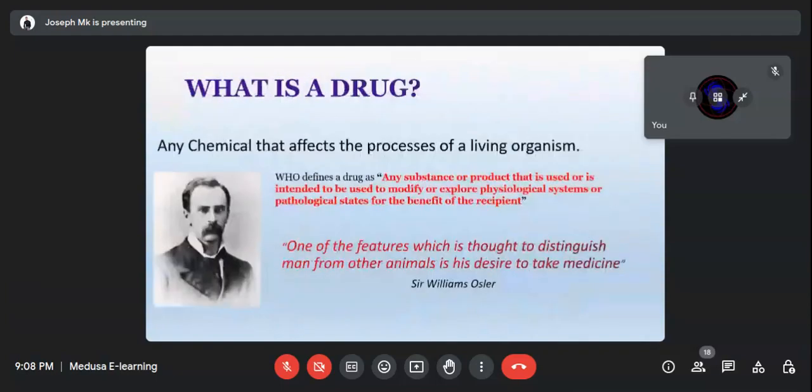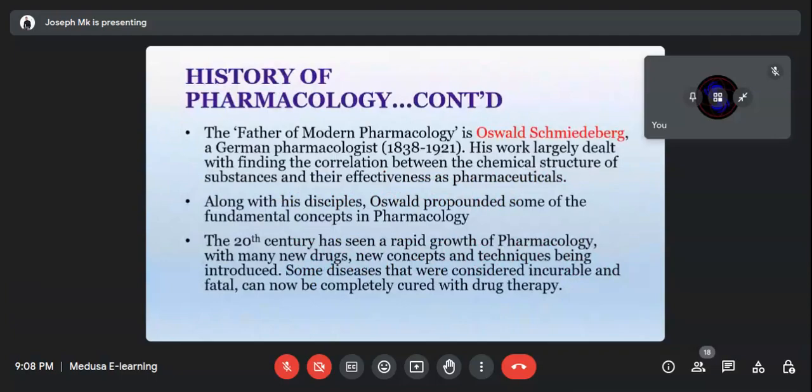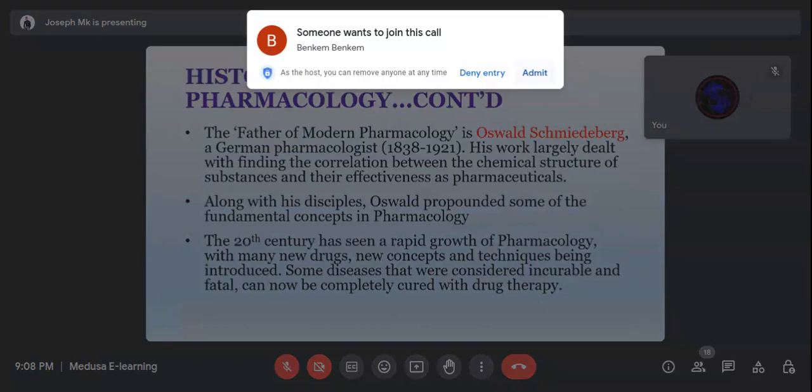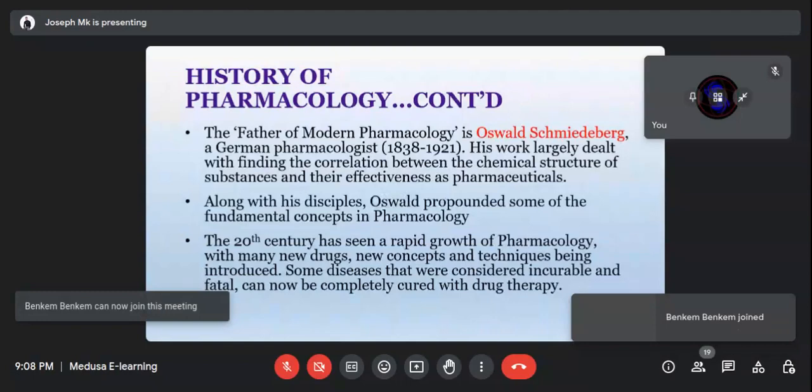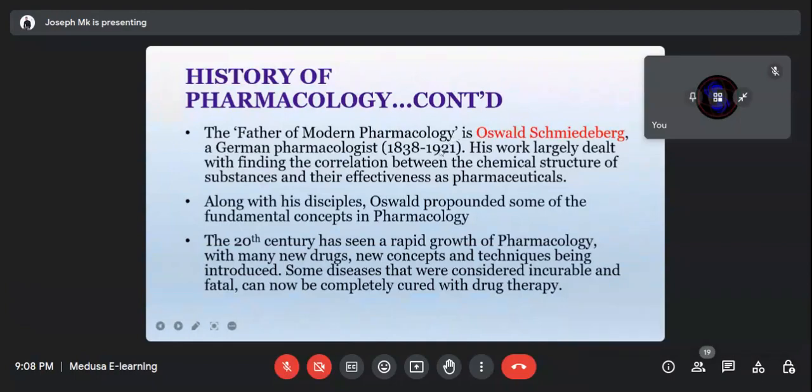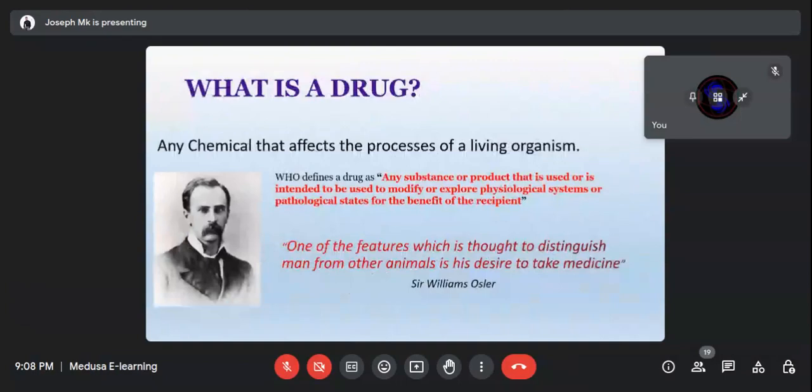Maybe you might want to know the father of pharmacology. This is also that name, which some of us who are from the northern province cannot pronounce. So you'll get to know that this is Oswald, the father of modern pharmacology. Yeah, you read about it. It's in the history. So let's look at a drug.